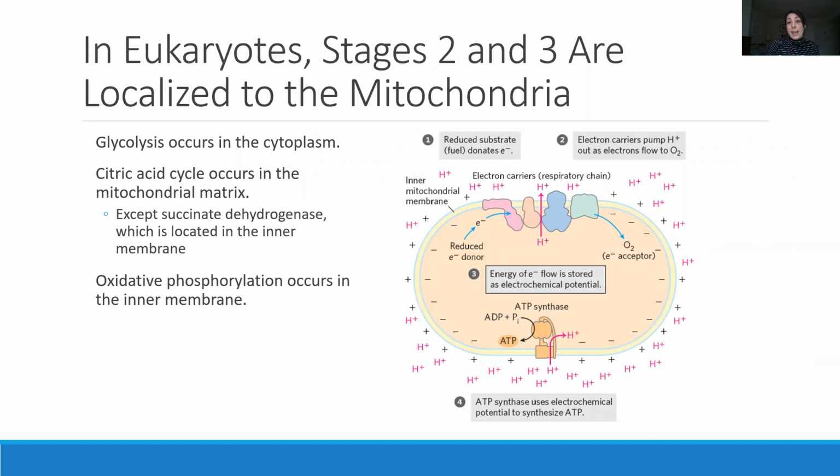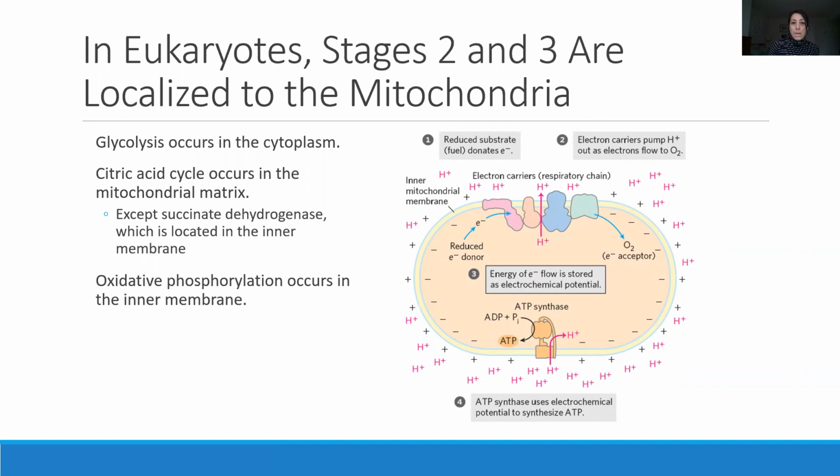Now, I noted that the positioning of these pathways in the cell is important. Where they are localized does lend to how these processes are occurring. Just a reminder that glycolysis, when we talked about it, occurs in the cytoplasm. Gluconeogenesis, when going backwards, remember, occurs almost all in the cytoplasm except for the first step, which occurs in the